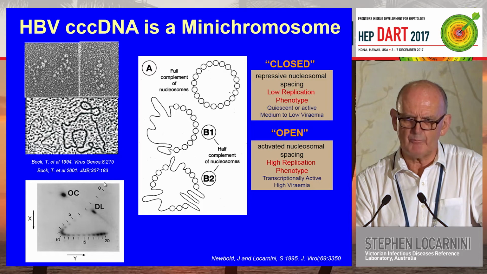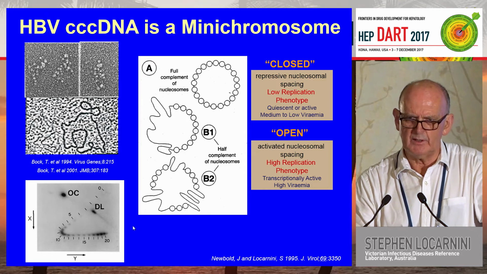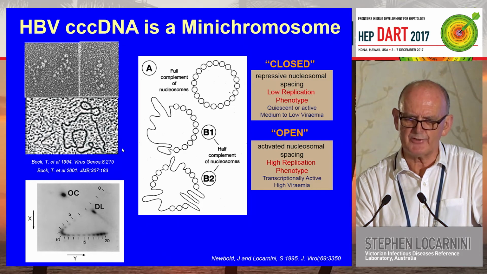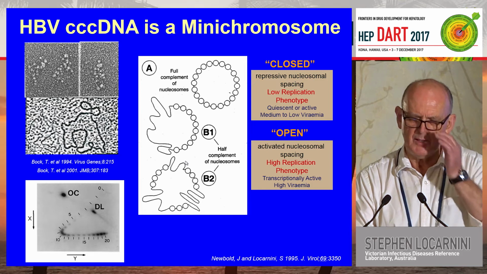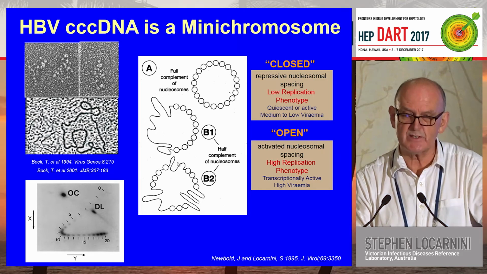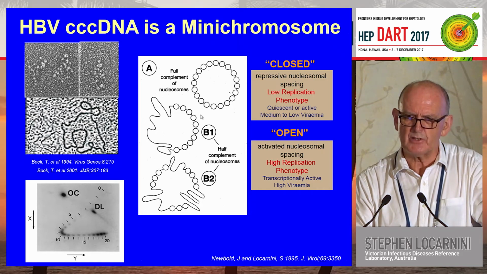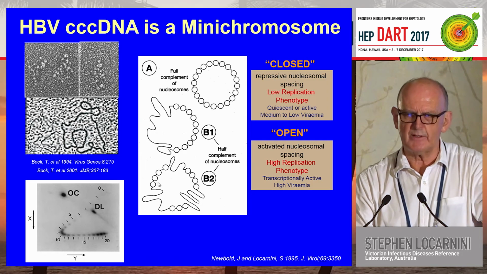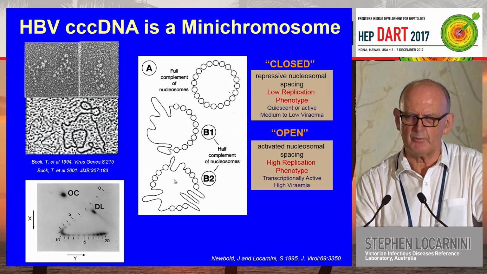So when you work out that this is 3,200 base pairs, there's 20 of these, and the nucleosomal DNA is 150, then you can straight away realize there's a structural difference between host cell chromatin and hepatoviral chromatin in the sense that there's no linker DNA. There's no H1 histones. There's just no room for them in the structure. So there's at least, I think, the first sign that there is a structural difference between the viral minichromosome and